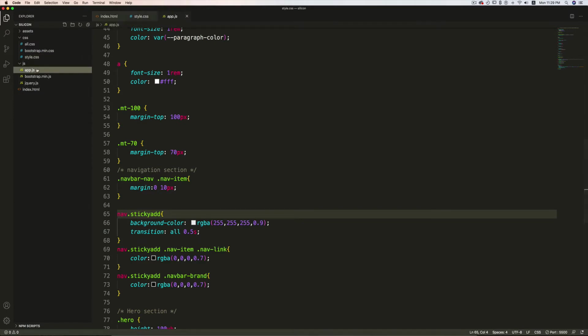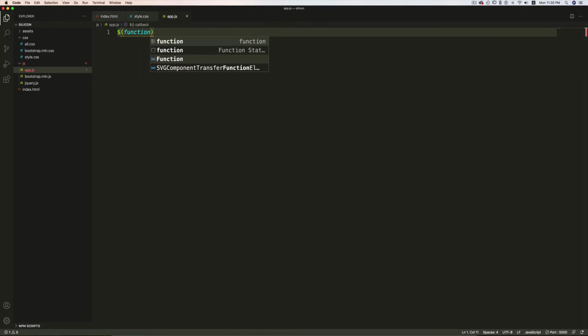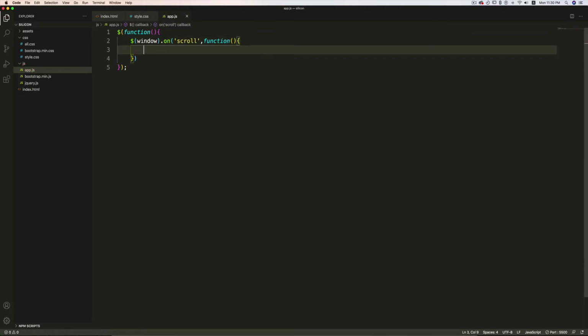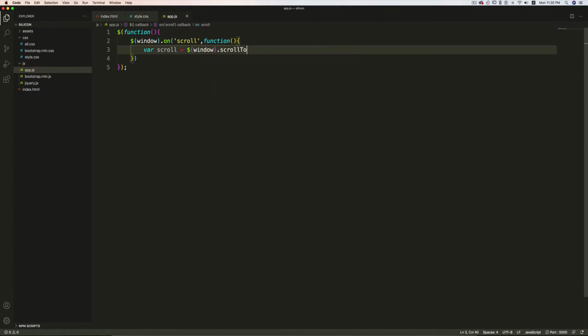So now inside the app.js file, I'm going to write the jQuery code. First I'm going to write the ready function, or the shorthand one. So I'll use the $ function. Inside this, I'll target the window scroll event. I'll pass a callback, and inside this function I'll declare a variable and take the scrollTop position: window.scrollTop.